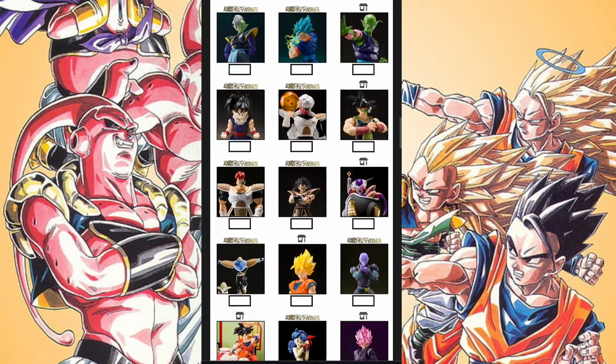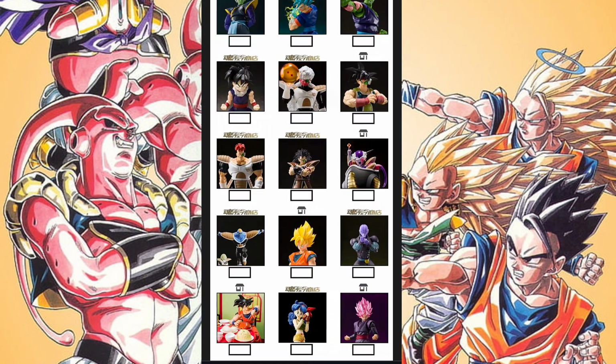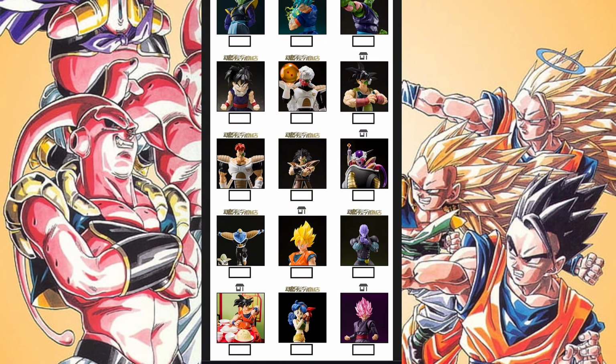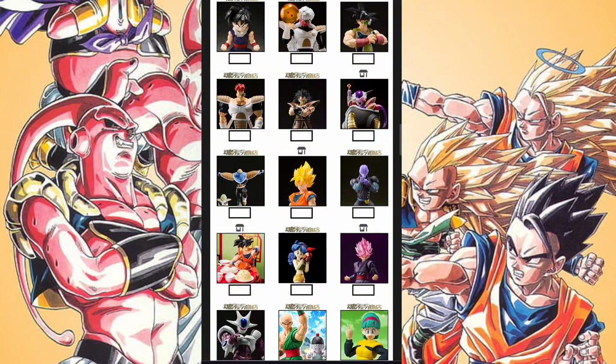Now, during this time, something we'll also get is little hints towards Android stuff, and I think it starts with this proud Namekian Piccolo. If you read the description for the product, it definitely seems to hint at the combination of Kami and Piccolo coming back together, right? Now, here's what I mean by it being the Frieza / Saiyan Saga era.